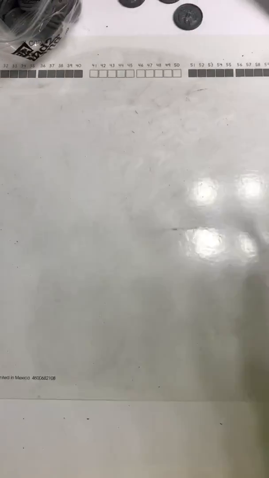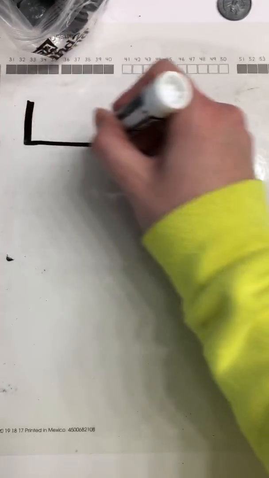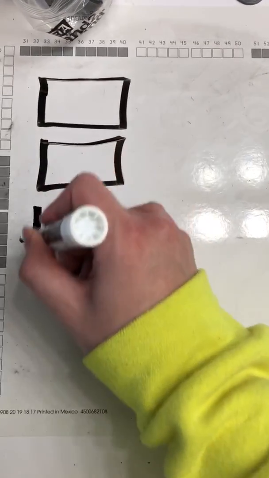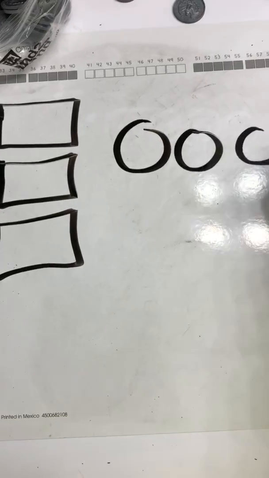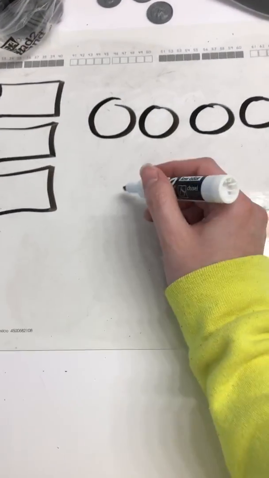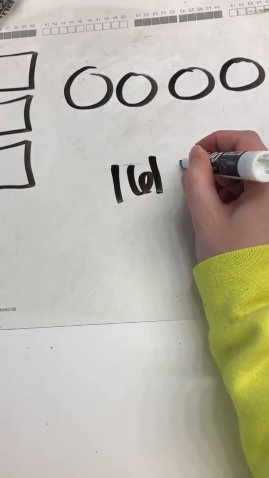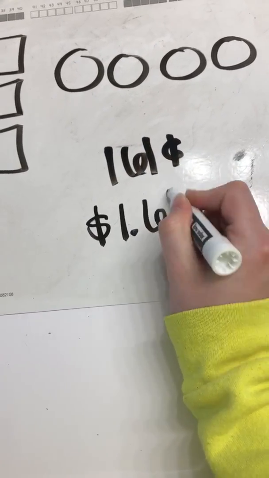All right, so what I want you to do is first erase your boards. 5, 4, 3, 2, 1. I want you to practice, and I want you to use 3 different dollar bills, either 5s or 1s. Tomorrow we can add in the 10s, okay? And then I want you to use 4 different coins, and I want you to count your money, okay? If you have 161 cents, I want you to write it into the dollar form, okay? It would be $1.61,